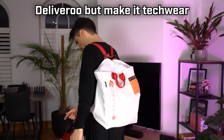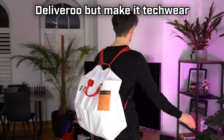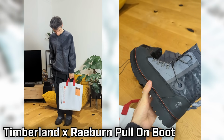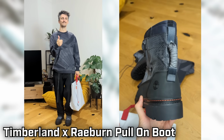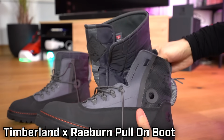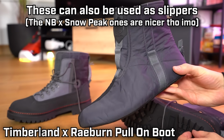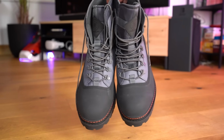It came in this enormous tote bag backpack thing, but there's a pair of Timberland boots designed by Rayburn which are designed with recycling in mind, so you can pull the entire boot apart, which means taking the inside away from the outside so that the materials can be split and more easily recycled at the end of their life. I thought that was pretty cool, and it makes for an interesting looking boot as well, which is so different